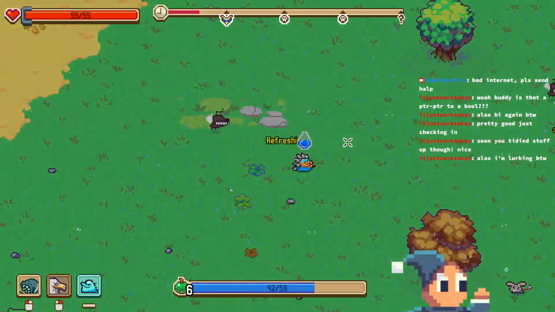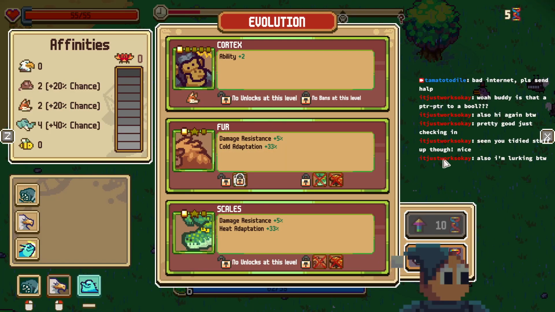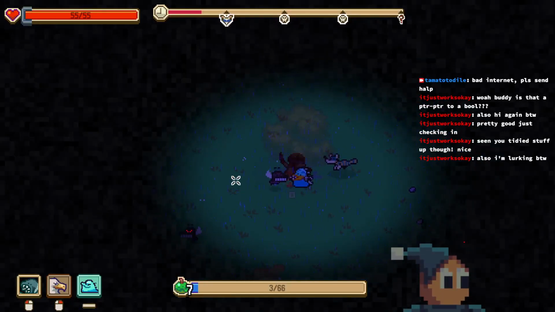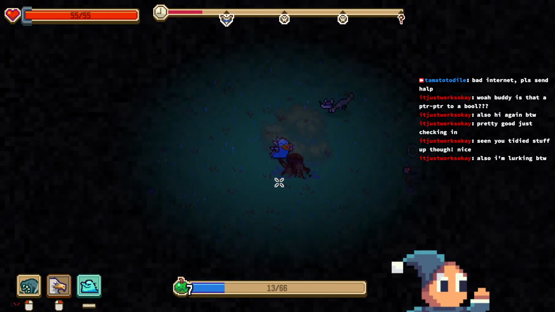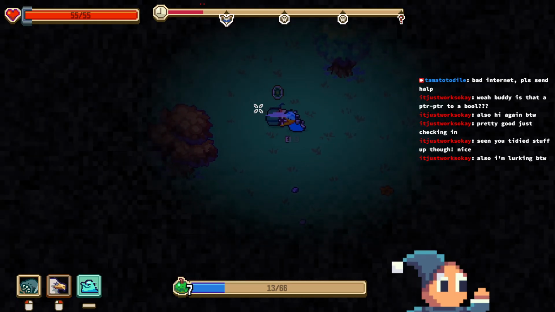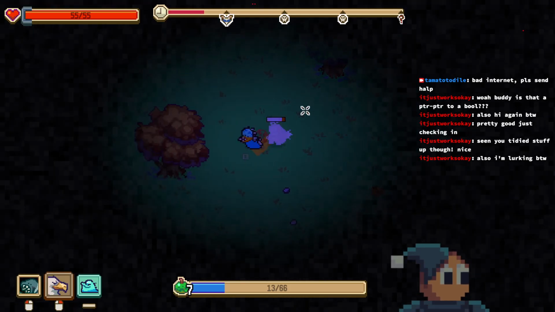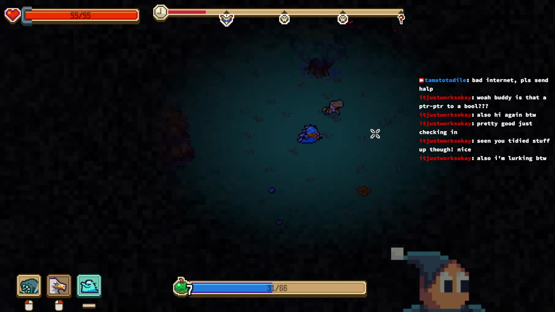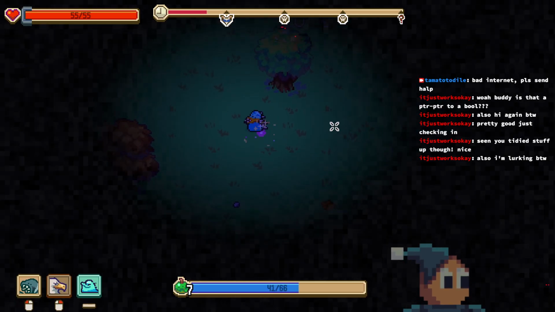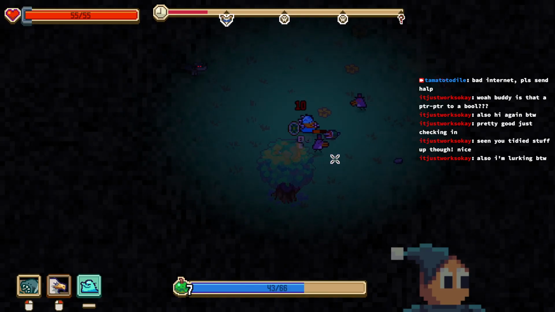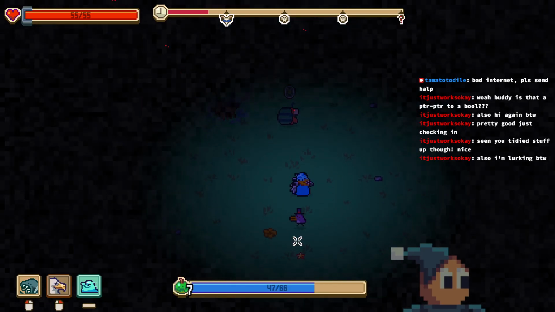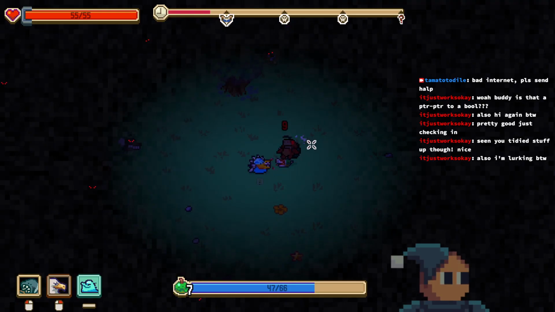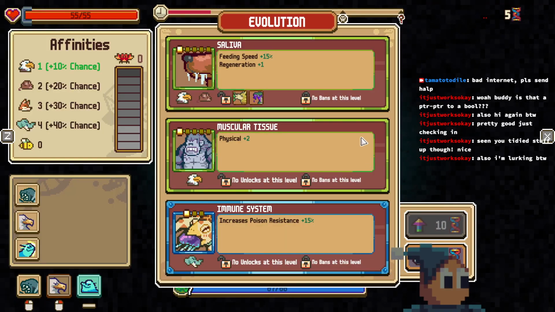Ooh, is this a hallucinogen? Nope. Vortex ability. Yes, please. What? What? Saliva.